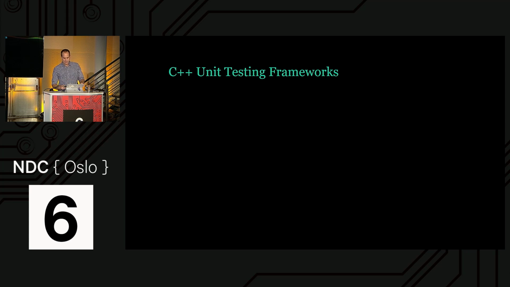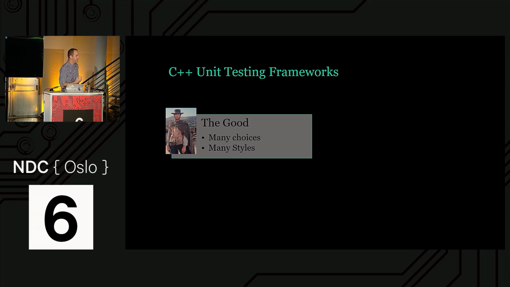So in the C++ world, what options do we have? By the way, there are many unit testing frameworks in the C++ world with many different kinds of capabilities and styles. And that's one of the things that differentiates C++ from .NET or even Java. The styles of C++ unit testing frameworks change from framework to framework because people have been doing amazing things and have been taking the language to the limit and doing cool stuff with unit testing.